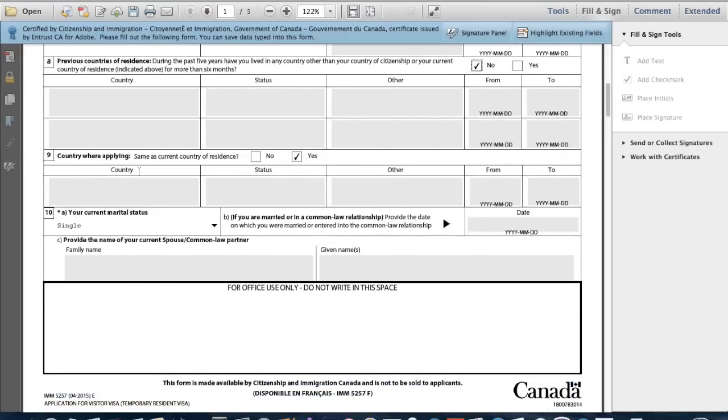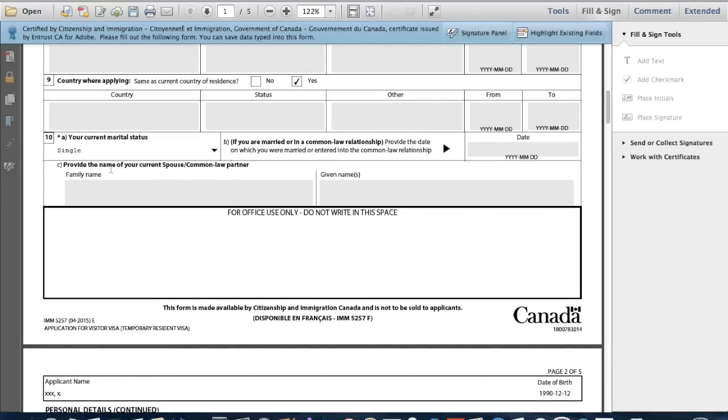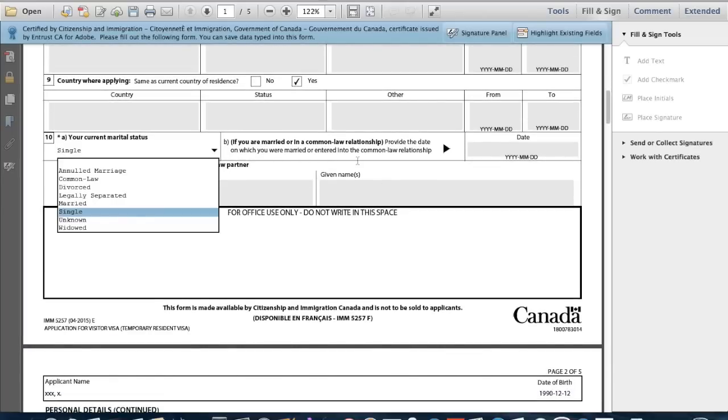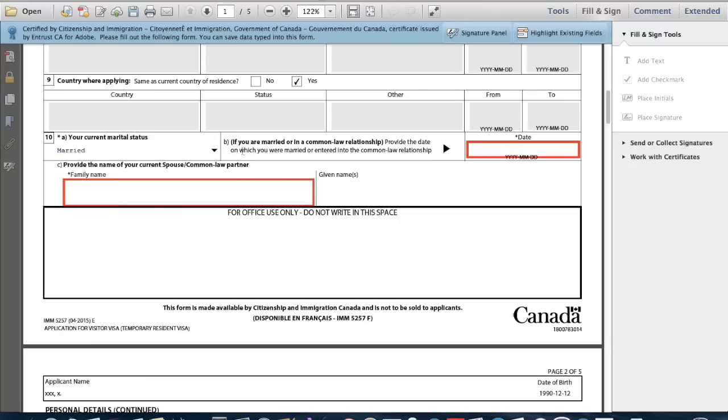Country where you're applying. So is this the same country where you're applying from? You click yes. And next question, your marital status. If you're single, you won't have to explain anything else. If you're married, again, you select married and indicate your spouse's name and your marriage date. Okay,